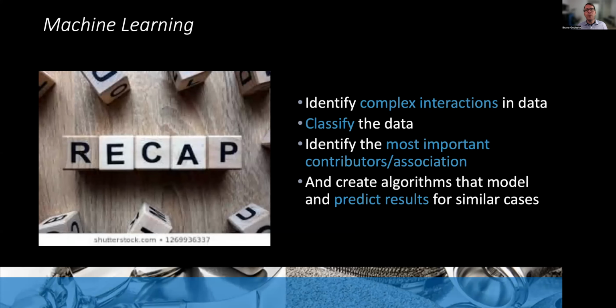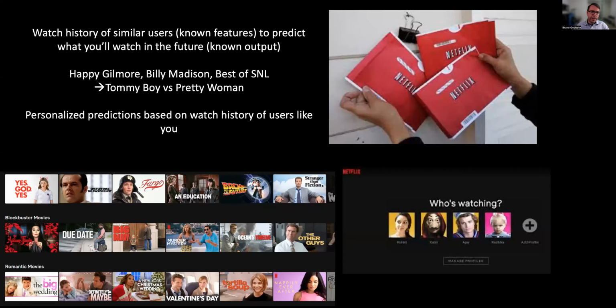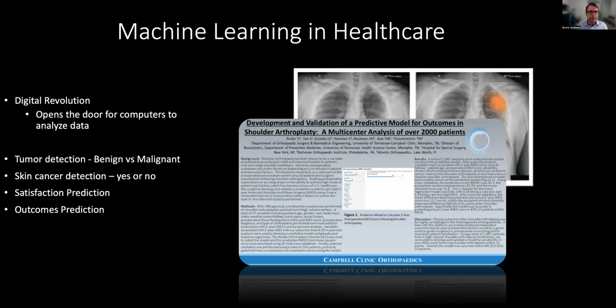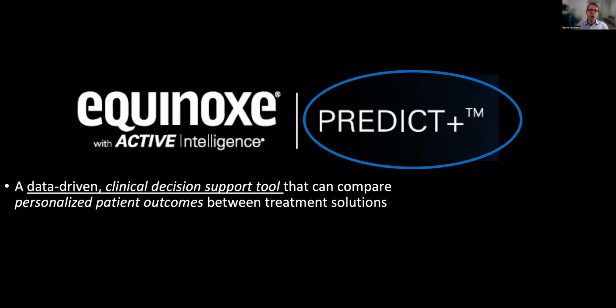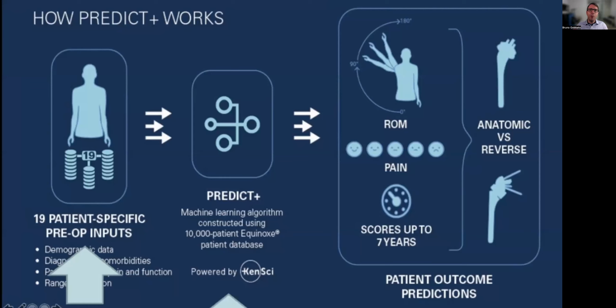So with machine learning, we can identify complex interactions in data. We can classify data. We can identify important contributors and associations in data, and we can predict results. And we are using machine learning everywhere: Netflix, Google, YouTube, everywhere there is machine learning. We have lots of examples in medicine, and we are now using machine learning to predict how a patient will